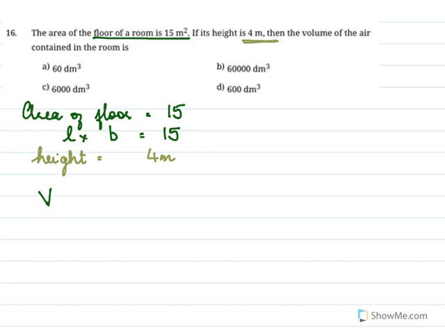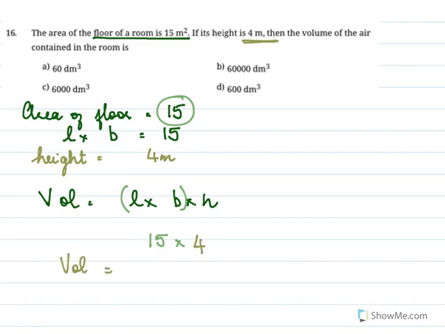We need to find the volume. So volume we know is length into breadth into height. The length into breadth we've already found out, it's given to us as 15. So for length into breadth I will write 15, and for height I will put 4. So volume equal to 60